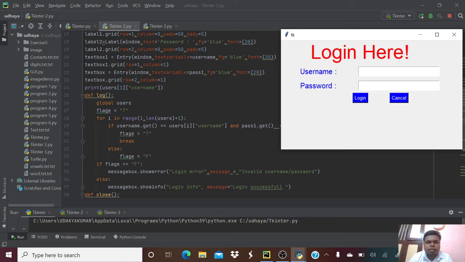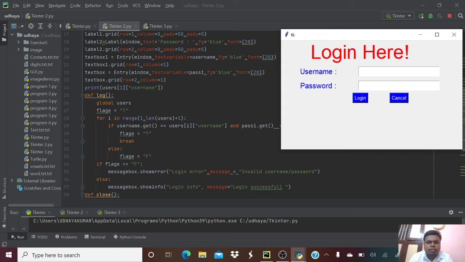And we are using a text box window in pass 1 as blue, and in this pass 1 we are using a blue color, and font is 20. And text box dot grid we are using to set the correct position of this box.